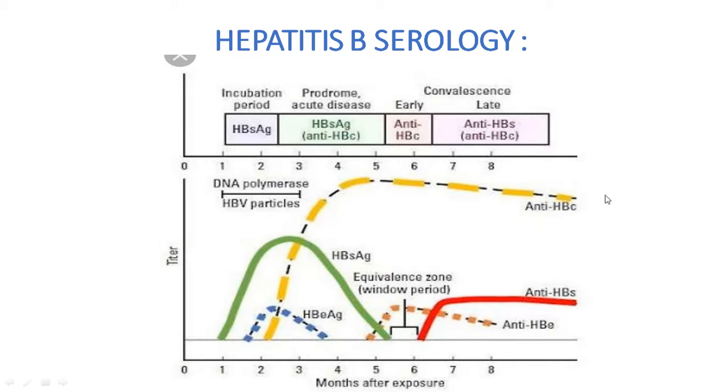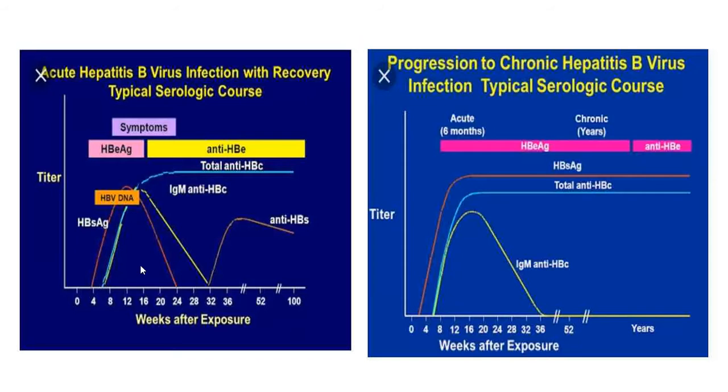So this is a very important graph. You need to draw this in any hepatitis B question and it is very important. So as you see, HBsAg you see in the incubation period and the acute stage, and even you can see HBeAg, and then early stage anti-HBc, and then anti-HBs in the late stage. This, as I told you, is already mentioned. So initially when you have symptoms, it is HBeAg and then anti-HBe, and then you can do HBV DNA titers in the blood,